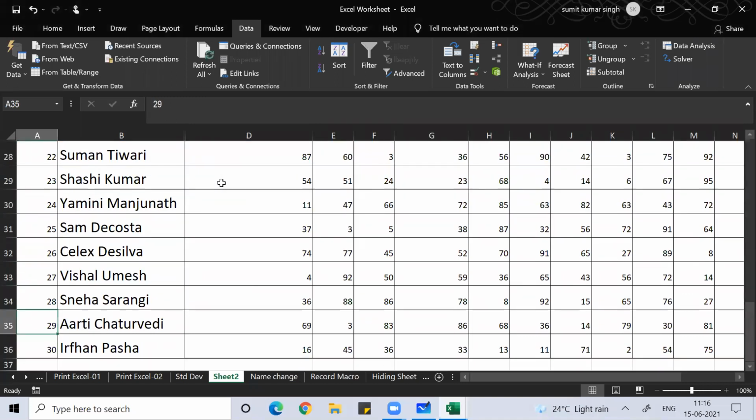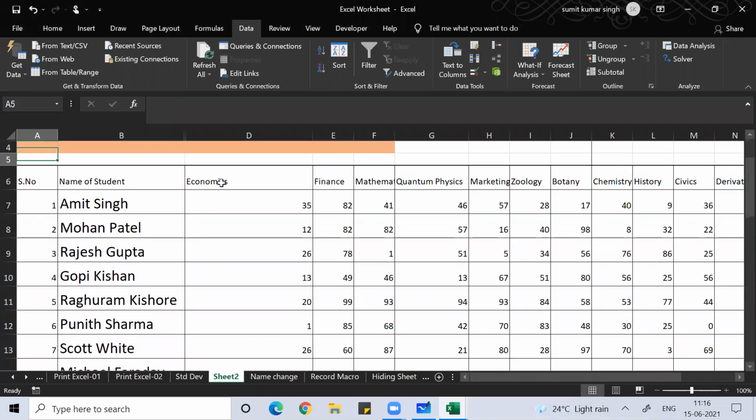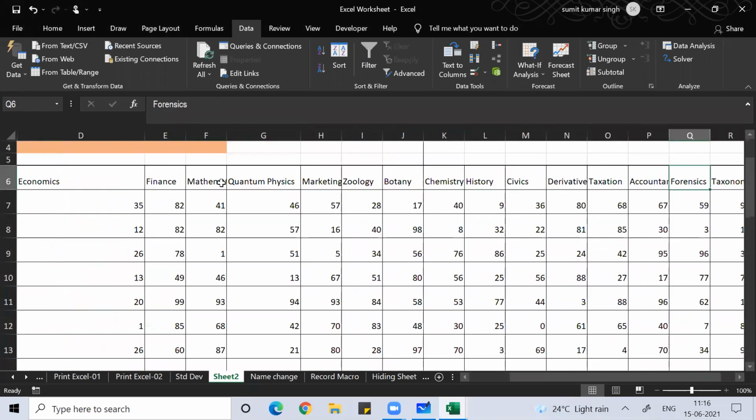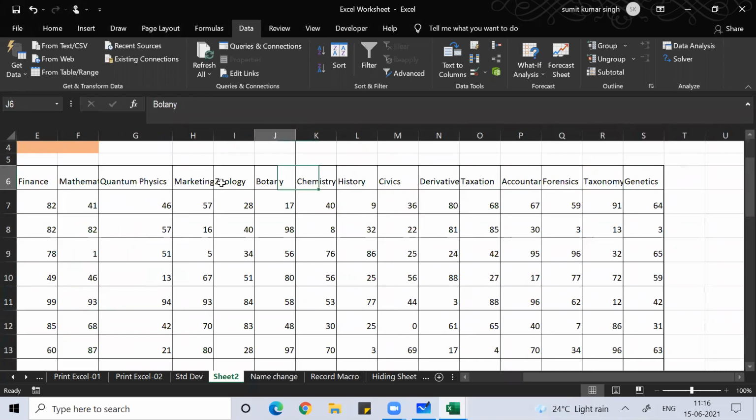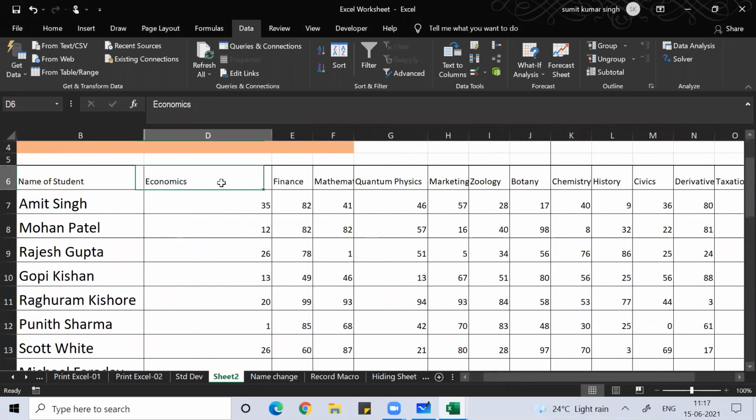You have already put the serial number, and you have already put the name of the student in your Excel sheet. Now randomly put some subject names. Around 15 to 16 subject names you can put here.